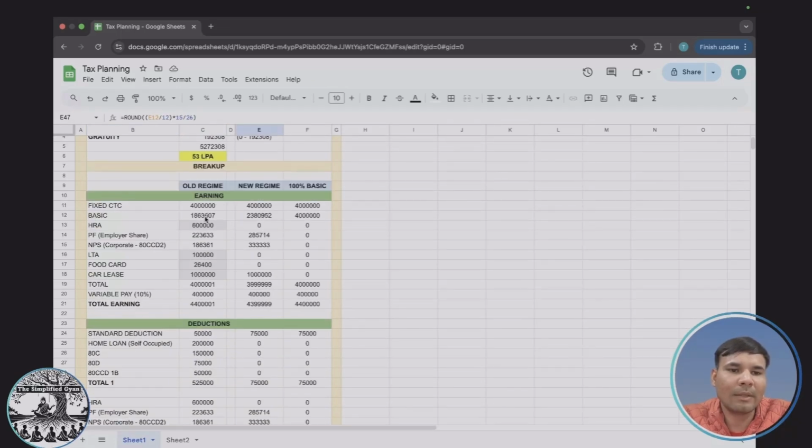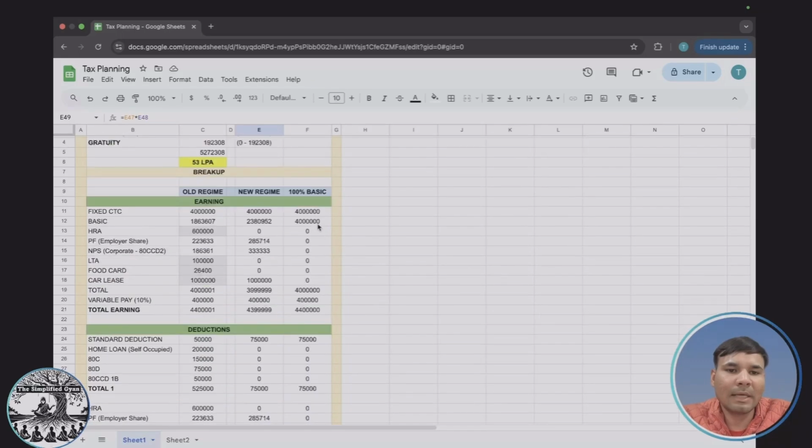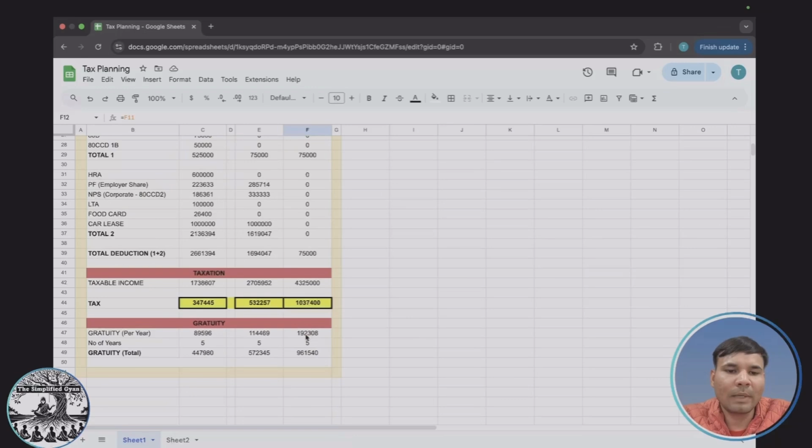Here you can see your basic is 18 lakh 63,000. Here it's 23 lakhs 80,000. So since basic is increased, your gratuity per year will increase, so overall gratuity will also increase. But here in the third case, basic is maximum. So since basic is maximum, per year gratuity is even more than double from this case. It's around 1,92,000 for 5 years. You will get